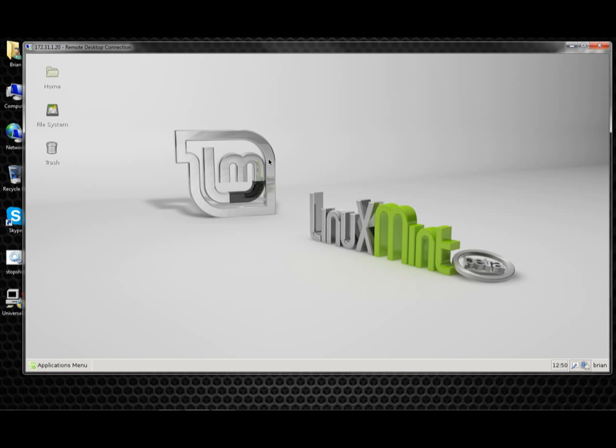Caveat. Most of these Linux videos I try to show people the graphical way to do things. If there's a graphical tool, I'll show you how to use a graphical tool. However, some things, even now in 2014, are just easier to do from a command line and by editing the configuration file directly in a text editor. It's just the way it is. Samba sharing is one of those things. So, without further ado,